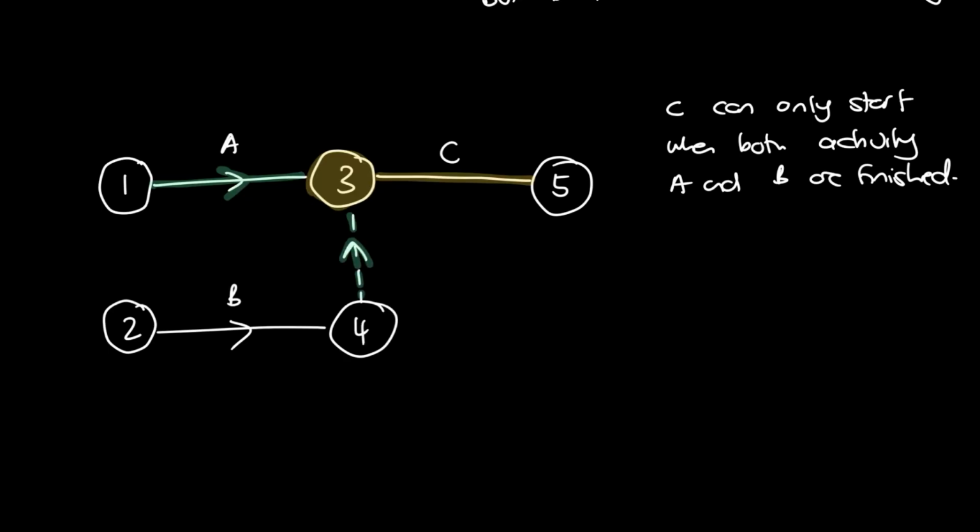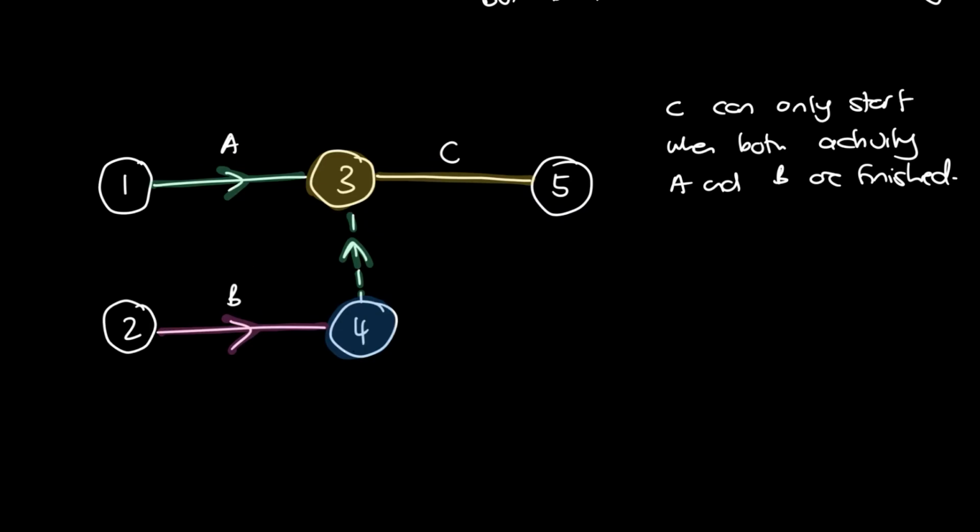And this dummy activity can only take place when event 4 is complete. So event 4 can only take place if B is complete. So there you have the situation of C can only start,